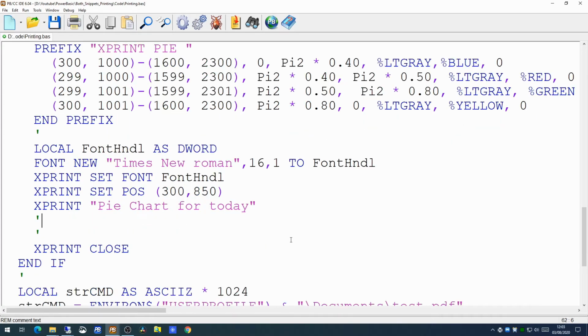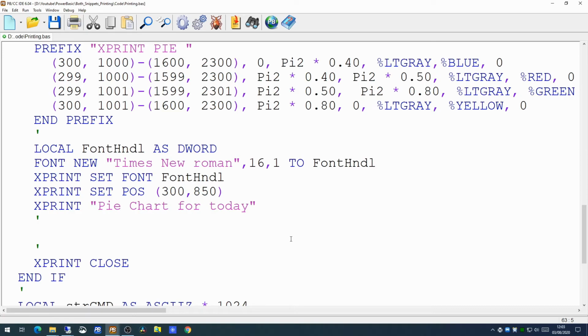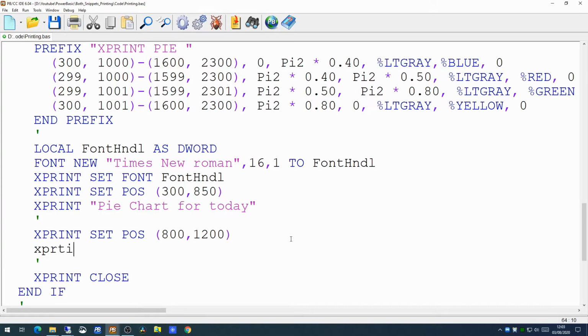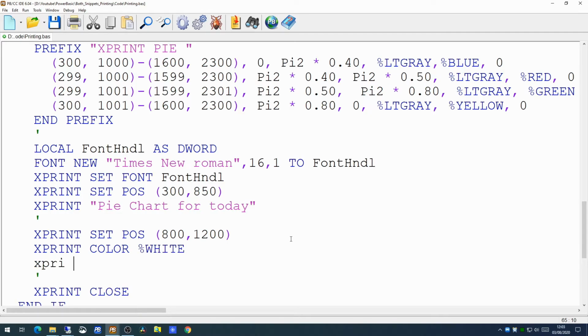and what we'll do now is we'll set the position that we want to write to, say 800 by about 1200, and we will change our colour to white, and we're going to say 40%. So if we try that now,